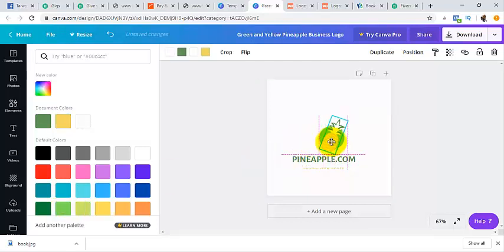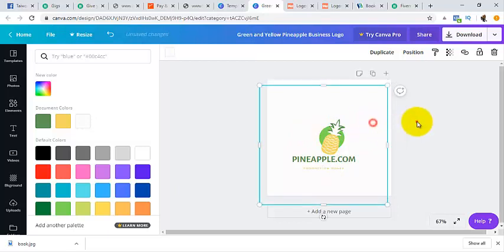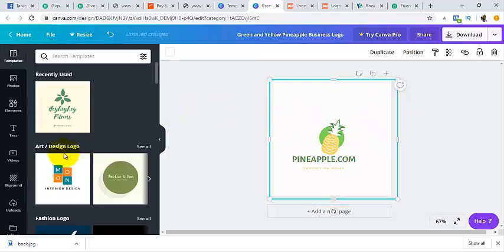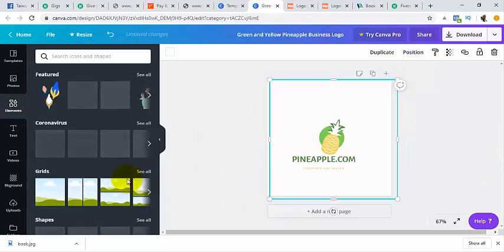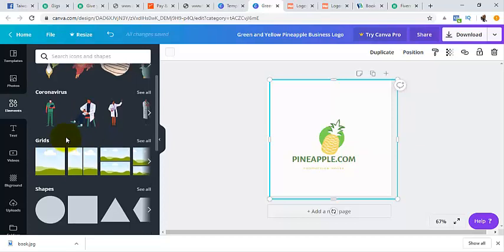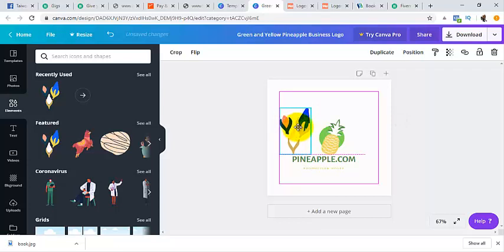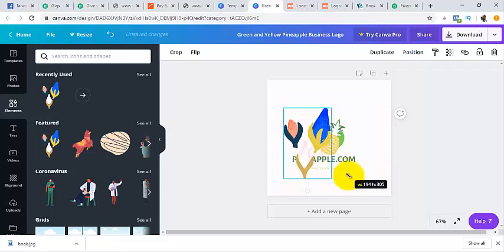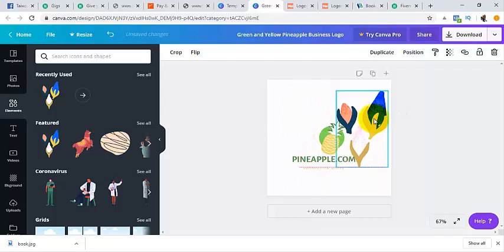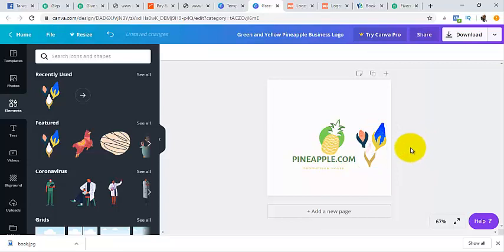Okay, so we can resize, readjust, rescale, and all. We can modify all of this. Then once we are done, we can even select some other elements that are not even in the main design. We can decide to bring something in, like an art, let's say this, and bring it into our design. We can resize them, or something like this. So it depends on our creativity. We can just make use of this tool. It's a very nice tool